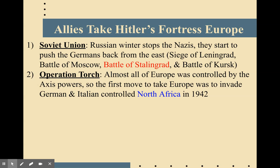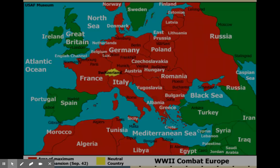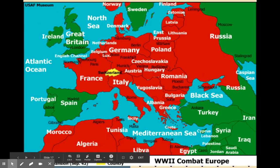Operation Torch is, well, if I could rewind again one minute here, the British are already in Egypt. Remember imperialism? The British are already in Egypt, and they didn't lose Egypt. So they're going to push, places like El Alamein are going to become famous. The British are going to push against the Germans and the Italians. And then the Americans are going to land ships in Morocco and Algiers and places like Tripoli. And we're going to try to squeeze